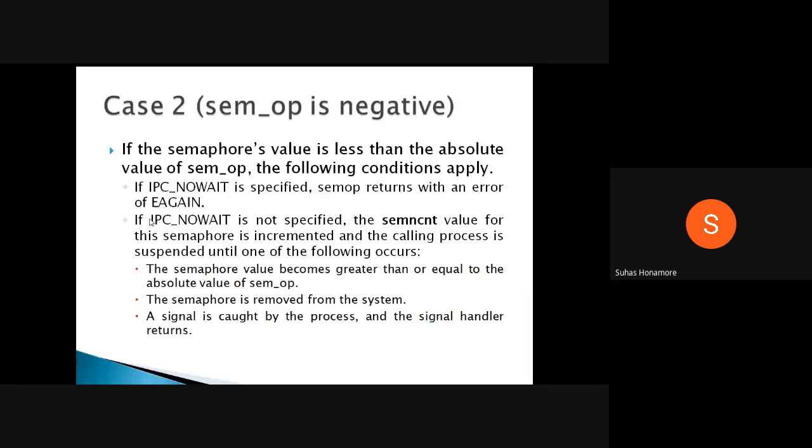And if no wait is not mentioned, by default it will be in waiting. Then this variable we had, that is sem_ncnt, the count for this semaphore is incremented and the calling process is suspended.